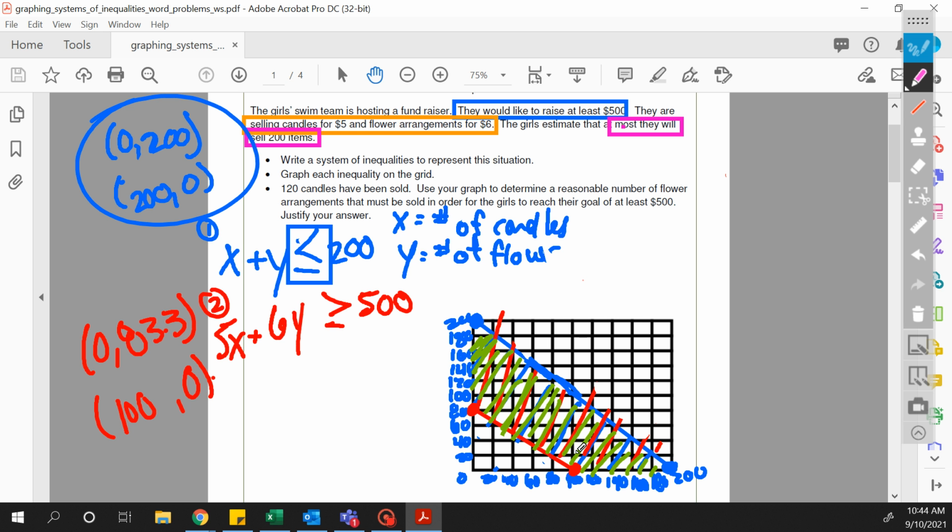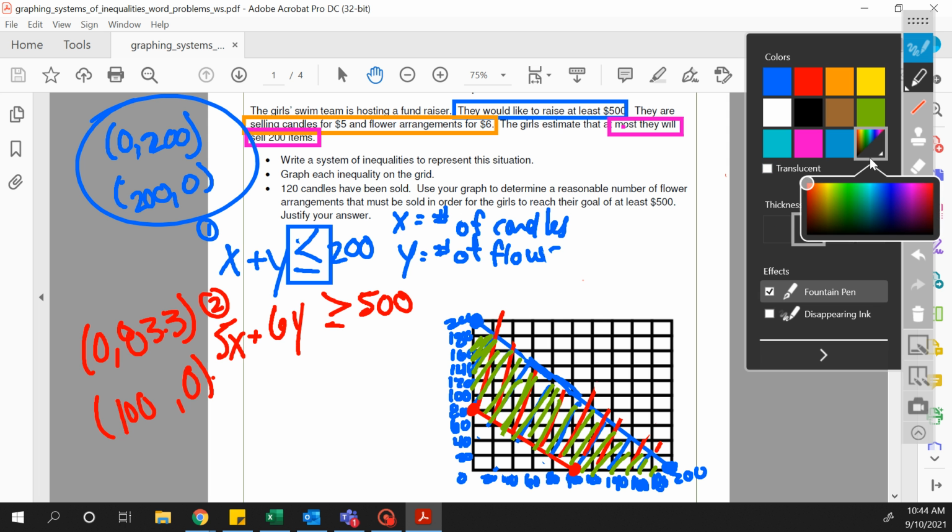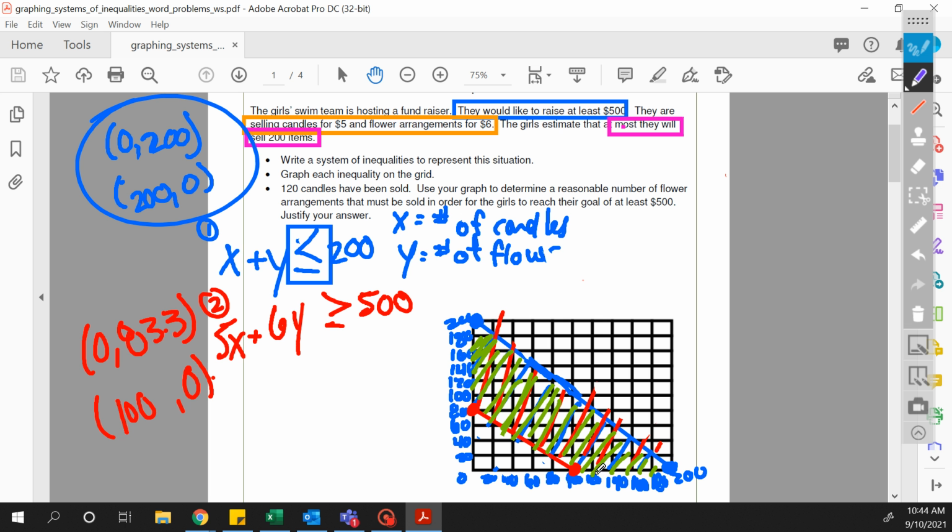So 120 candles have been sold, that's right here. I can pick anywhere in this region and have at least $500, okay? So I could sell 0, I could sell 20, I could sell 40, I could sell 60. Let's just pick a random one. Let's just say right here. Okay, so if I sold 100